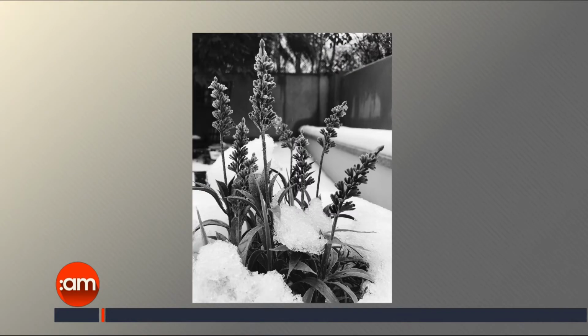Well, let's give people an example of just how good phone photography can be. Here's the first one. This is in black and white, and it is snowdrops. Yes, that is a photograph that I took on my iPhone the other day in the garden. And what is that plant? It's just like a lavender artificial plant. I put it into black and white. I did take a colour version of it. I don't know if the colour version is there. But all I did, Mark, was go...